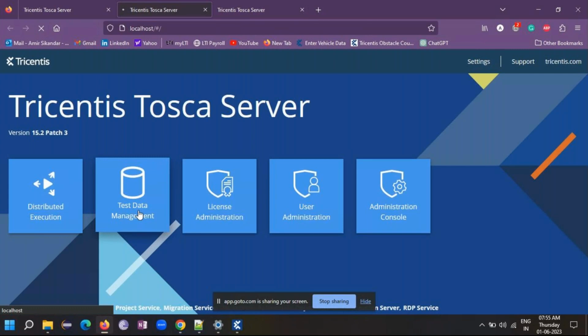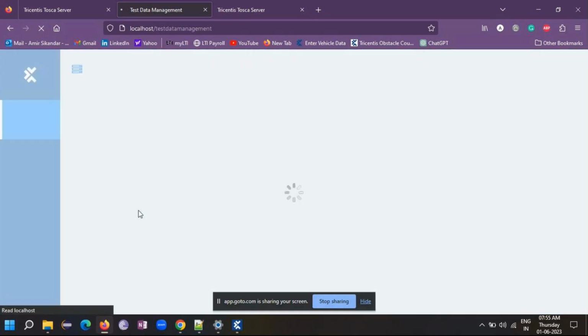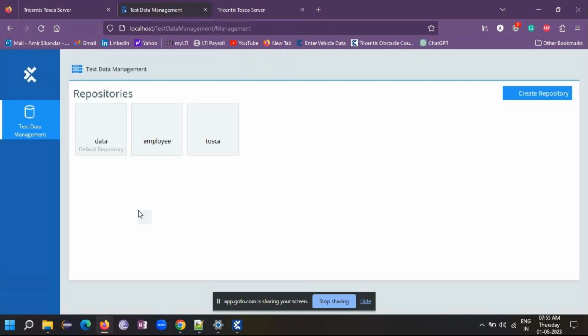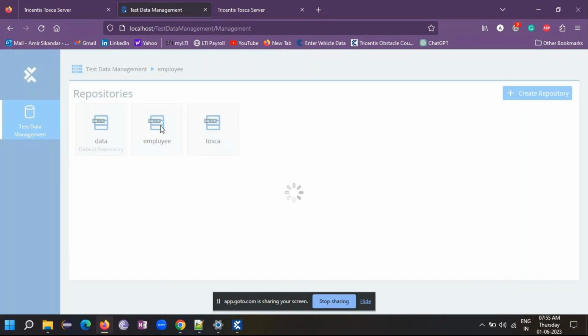Test data management is there and it will help you get the data globally. If you are executing your test cases on n number of machines, and you want the data to be present globally so that it can be fetched and used in your test cases, you can use that. Okay, so this is a repository kind of thing,